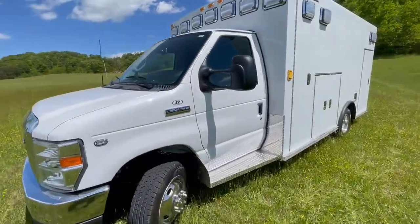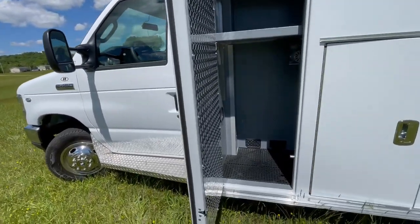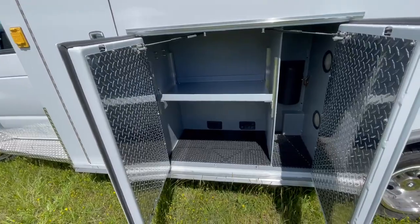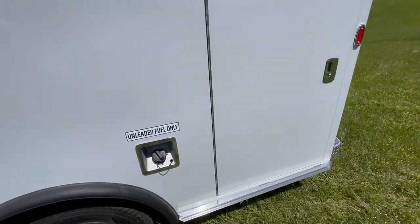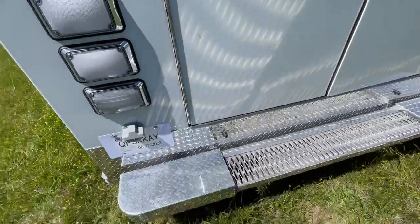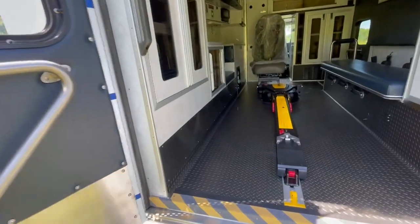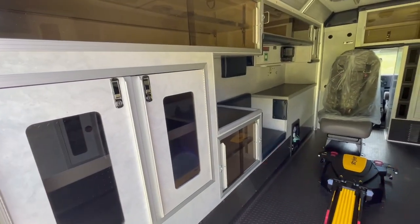The body configuration consists of front left compartment, forward compartment with adjustable shelf, rear left-hand compartment with 2 adjustable shelves, in and out cabinets there, new bumper with flip-up step, rear entry doors, forward and aft action areas,